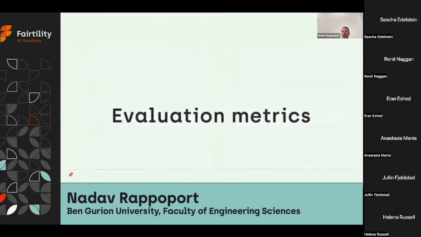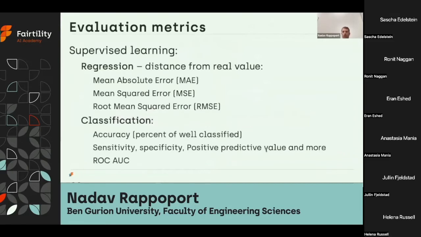How can we evaluate performance of a trained algorithm? For example, we want to compare the performance of 2 algorithms. There are many types of evaluation metrics which are adequate for different tasks. For regression tasks, we want to measure the distance between the prediction and the real label. This can be done using mean absolute error, which is the average of the absolute distances of all samples.